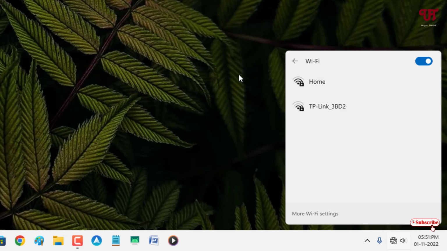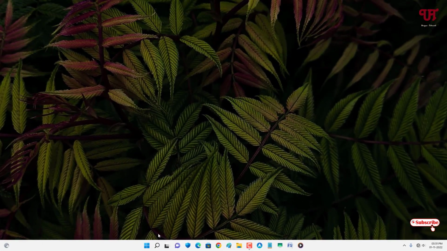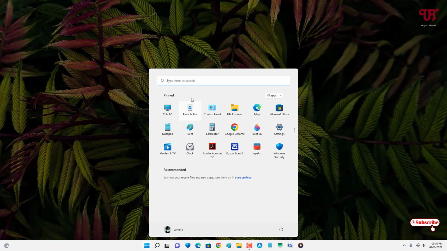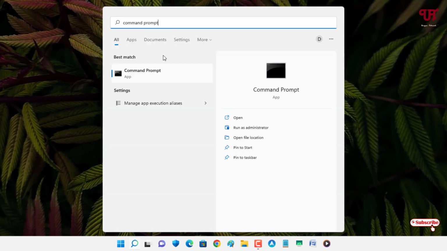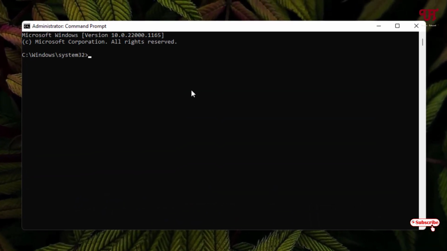For this, what you need to do is just move your mouse cursor to the start menu icon, click on it, and in the search box search for a program named command prompt. Below you can see run as administrator, just click on it. Now on the command prompt you need to type some commands. Just type net access, hit space,